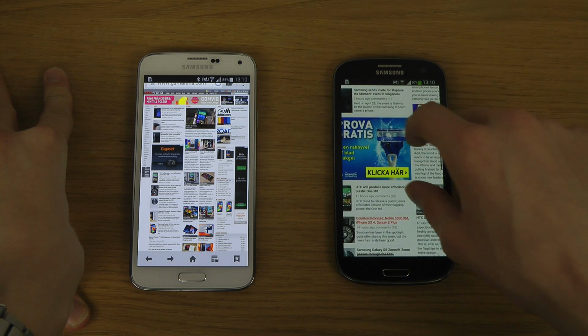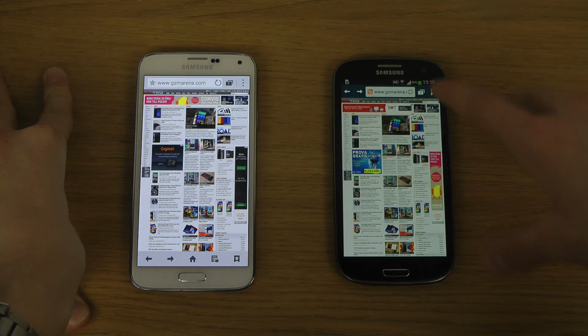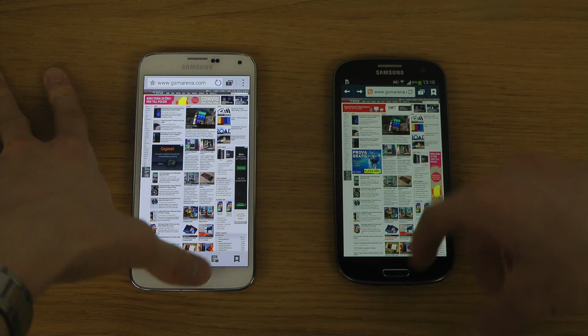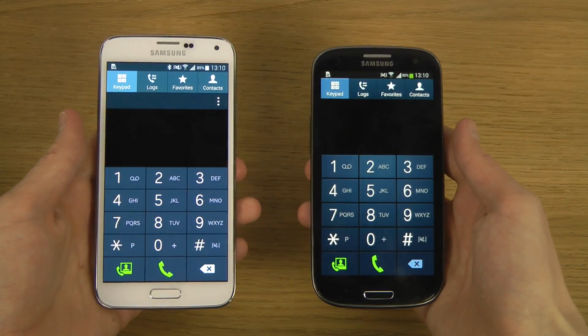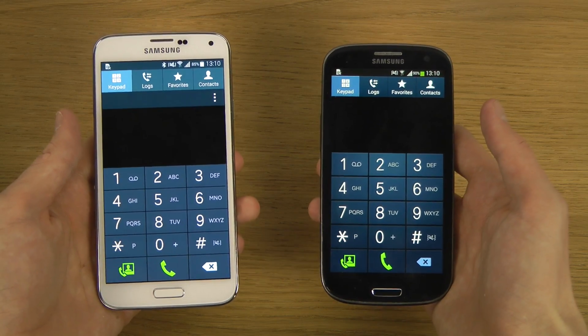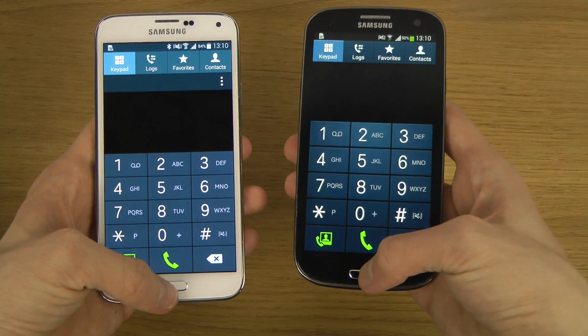You can still see it on the GS3. So if you want to see specific videos with these devices, definitely let me know about that, but I want to make a quick little comparison look here. You can also see here how the dialer looks, which still seems to have a lot of the same UI look here. Then of course the camera will be pretty interesting. It would be fun and interesting to compare that,